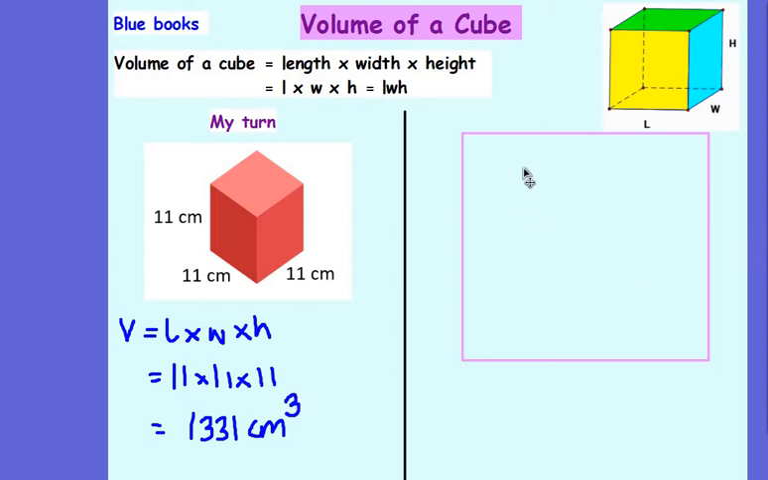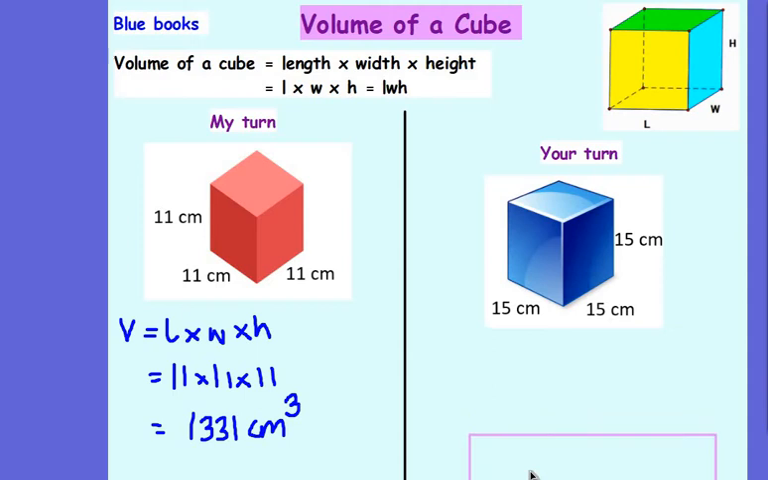Over to you, year 8, in your dark blue books. Can you have a go at this example for me? Pause the video for a couple of minutes and complete that now, please. Right, let's go through the answer. I've got a cube. My volume is going to be length times width times height. My length, my width and my height are all 15, so I've got 15 times 15 times 15,